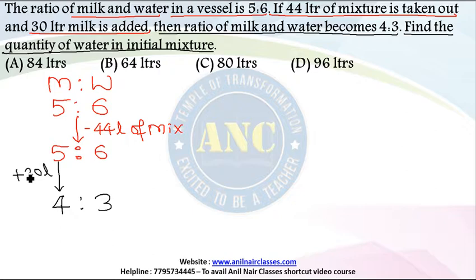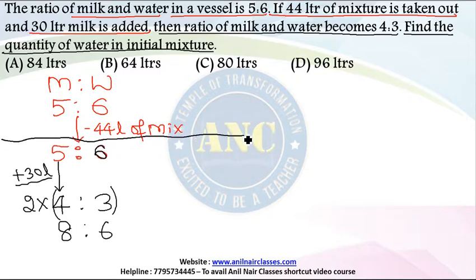Same logic. I am adding milk into the vessel, so water will not change. Here the value of water is 6. Here also it should be 6. Multiply this entire thing by 2. So this becomes 8:6. So if I start solving from this point of time, can I say that initially it